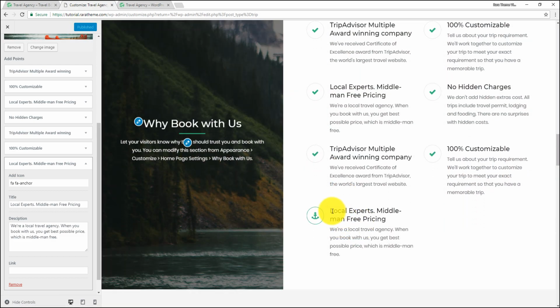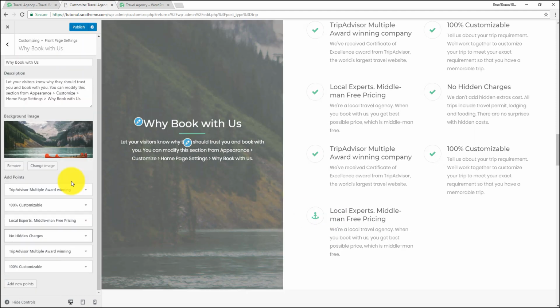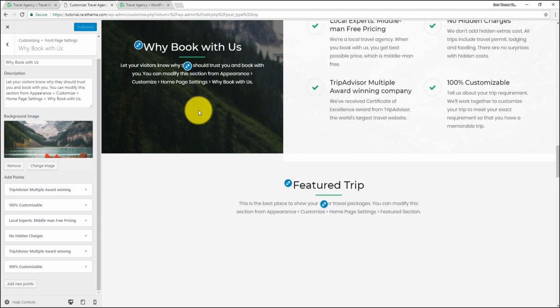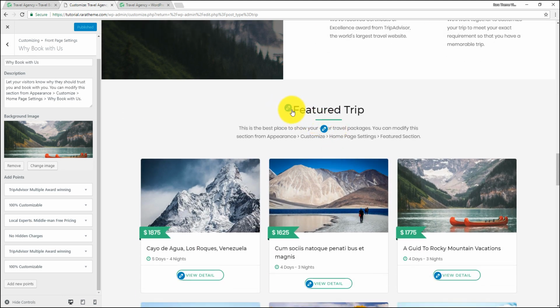So you can see we have added the 7th point. So this is how you can change content in this section. For now, I will delete this and we'll move to the next section,